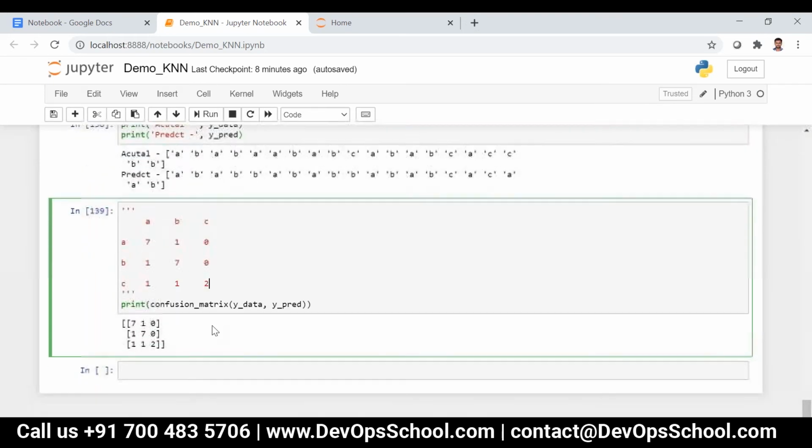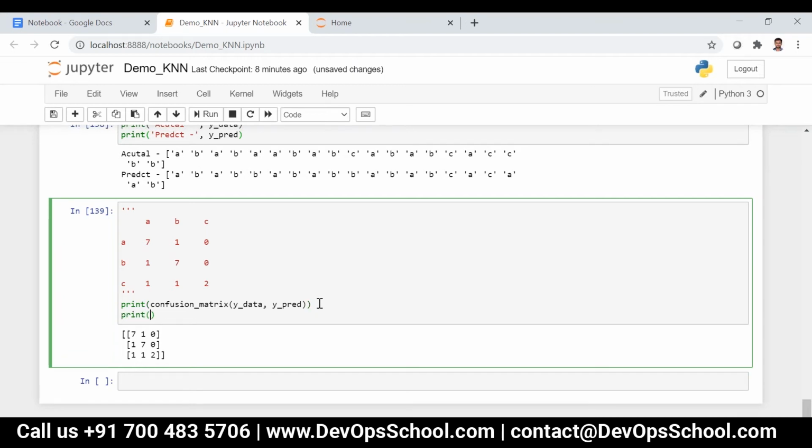So if I want to find the accuracy, how can I find it? How can I find the accuracy? Can anyone tell me? How can I find the accuracy score? 7 plus 7 plus 2, divided by the total, the sum of all the values.